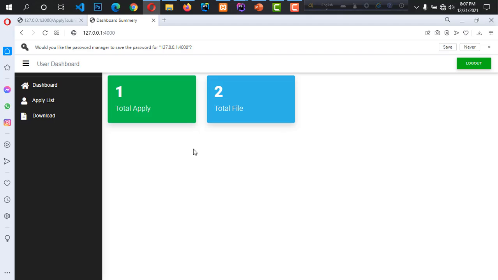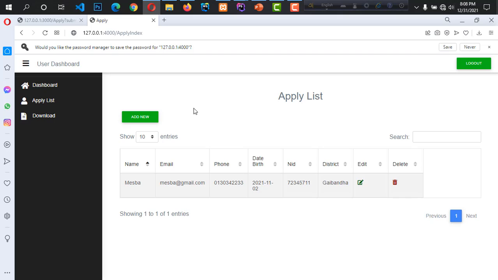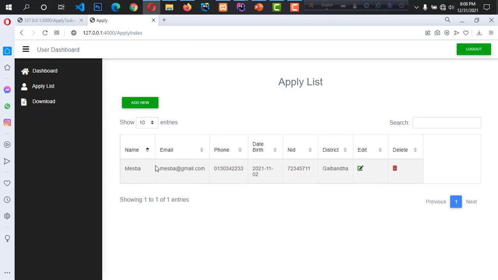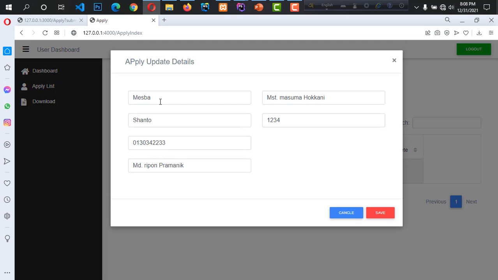So it is the user dashboard. Here user can see his apply list, total apply 1. This is the application I applied. I can edit some data: my name, father's name, mother's name, my password.